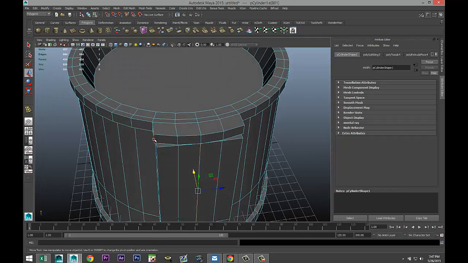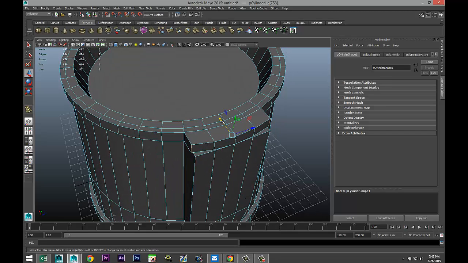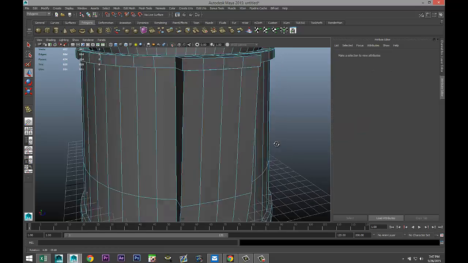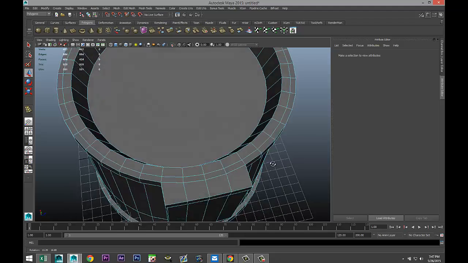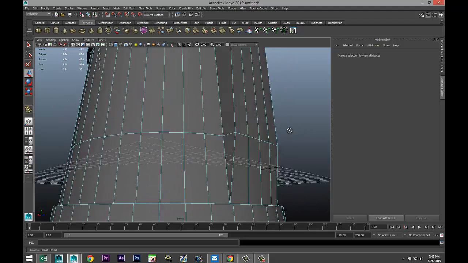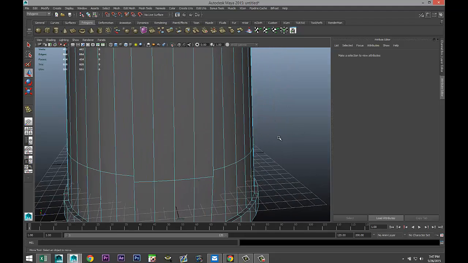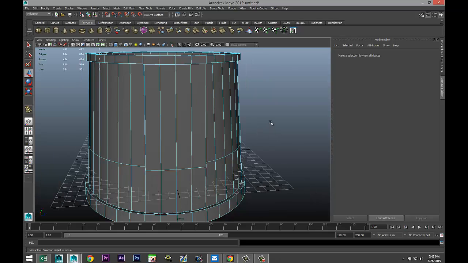Then what we'll do is we'll take these 2 corner edges and we'll pull them out as well. And we'll take these 2 guys, pull them out. Let's see how that looks. Not too bad. Okay. Right, so now that we've got that, we're going to need to create a couple of